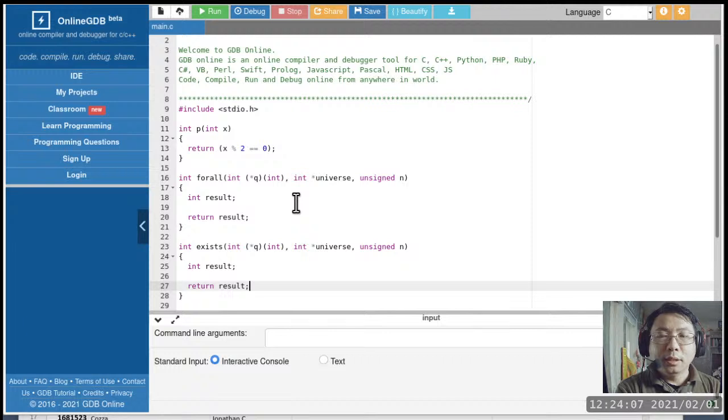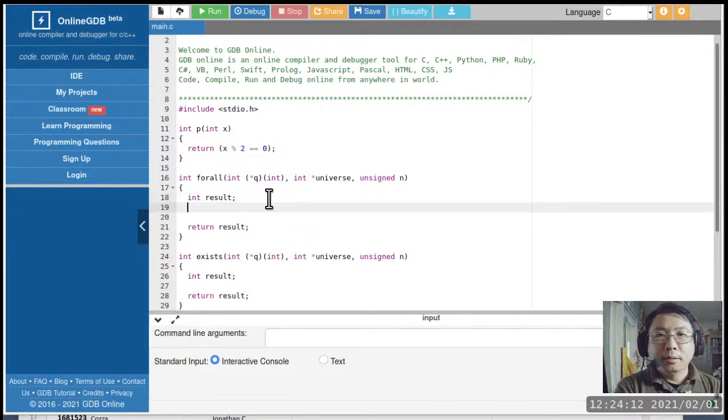So now the question is, when we use for all, what are we going to return? Let's just say that we are not concerned about the filter, which is going to be another function that we have to add to this.